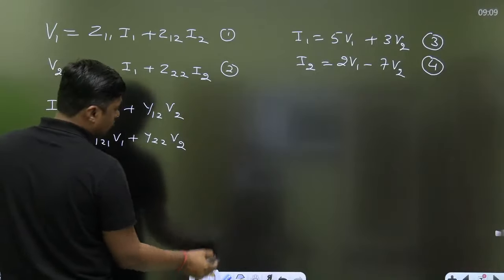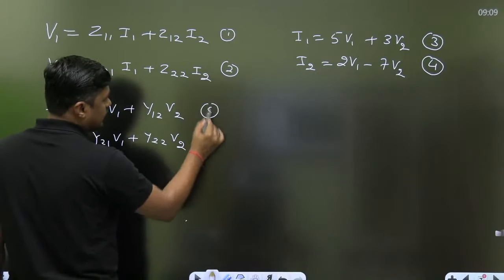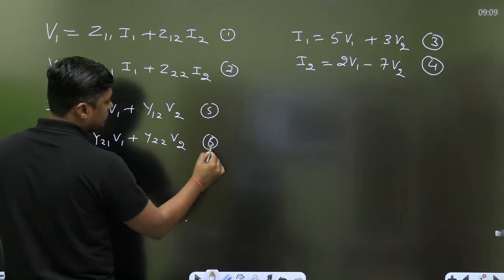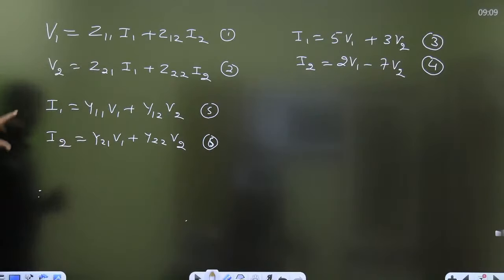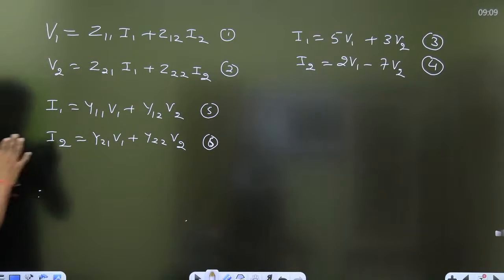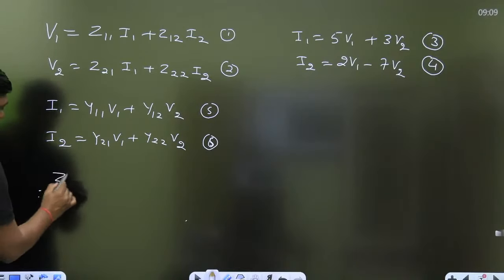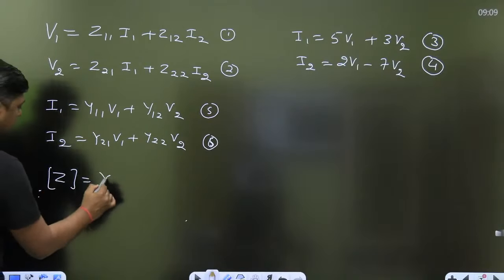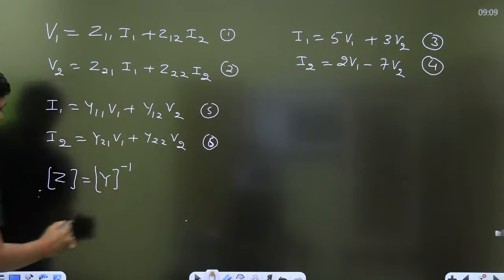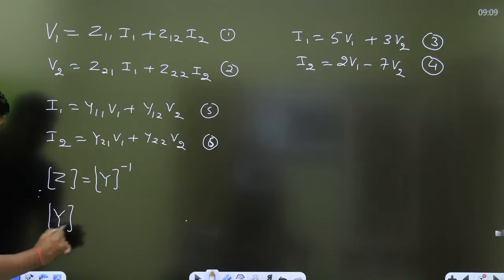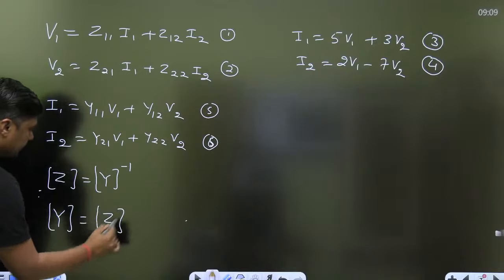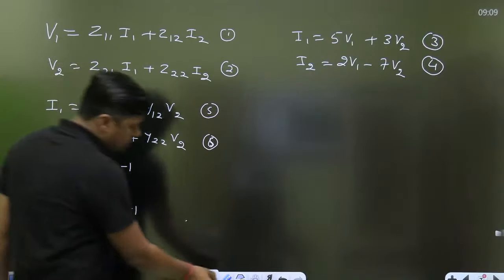This is the third and fourth equation, like this is the fifth and sixth equation. Okay. Now these are the Y parameters. And what is the relation between Y and Z parameter? Z parameter is nothing but inverse of the Y parameter, or Y parameter is nothing but inverse of the Z parameter. So from this equation,